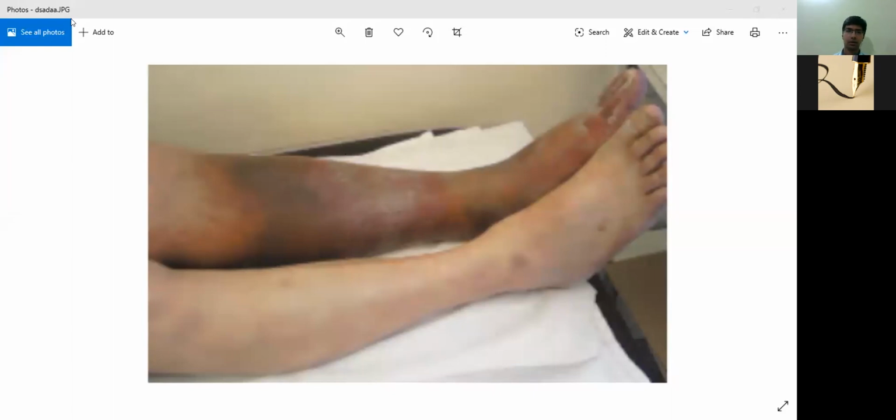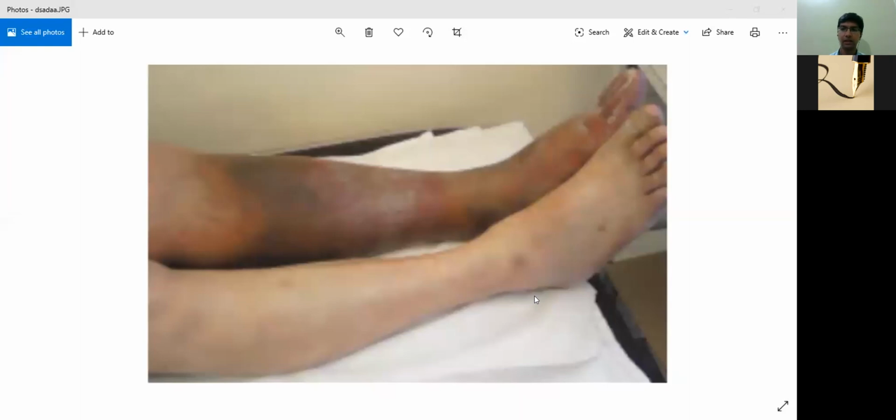So that is C4. C4 was skin changes. C3 was just edema, but there is no ulceration. As you have seen in the diagram, there is no ulceration seen. If there is ulceration, let me show you. That is C5 if there is a healed ulceration, and C6 if there is an active ulceration. So the last stage is ulceration, obviously.